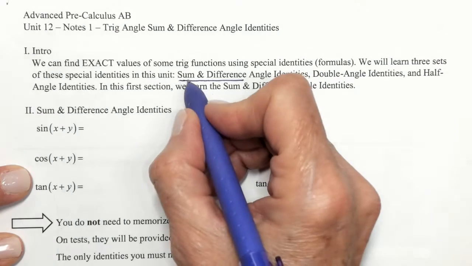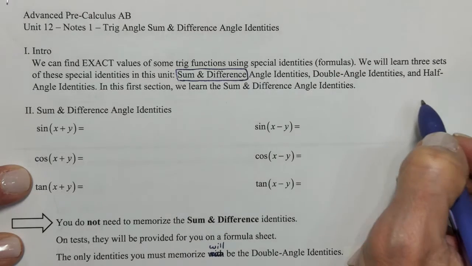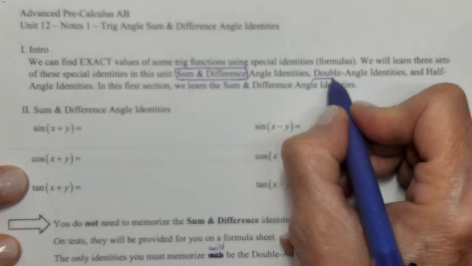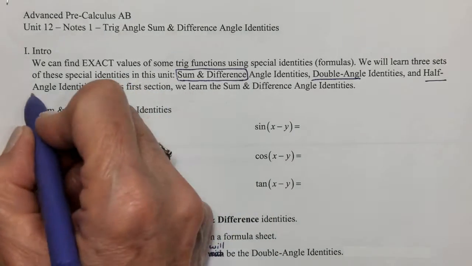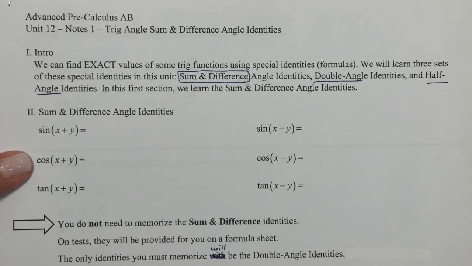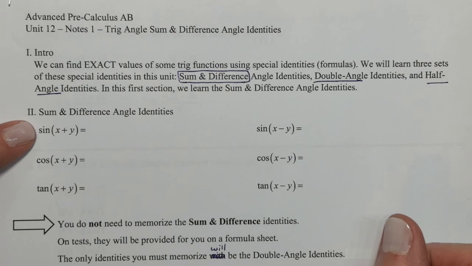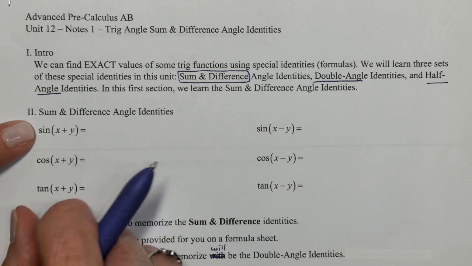and I split this up into 2 days. So 2 days on sum and difference identities, and then after that we will do the double angle identities and then the half angle identities. So let's jump in and get these formulas, these identities for the sum and difference of 2 angles for sine,